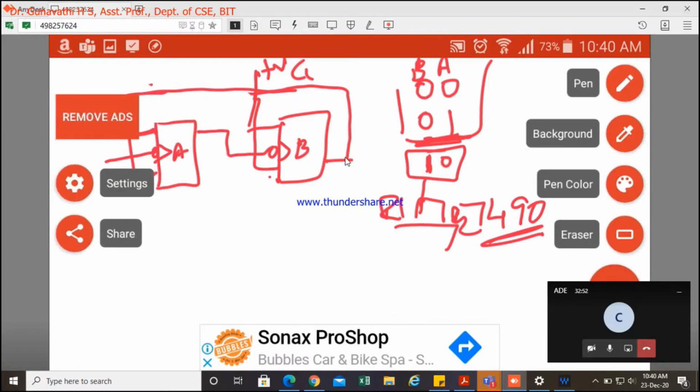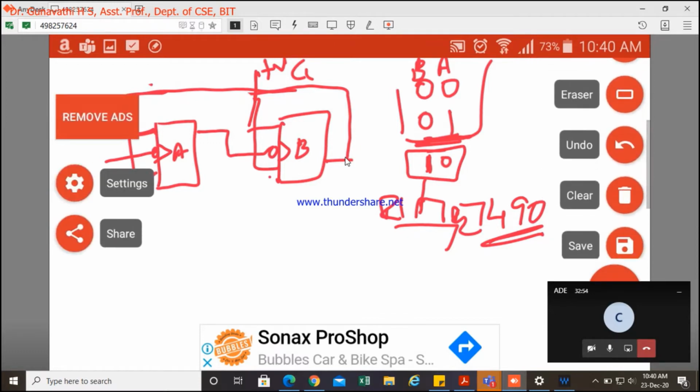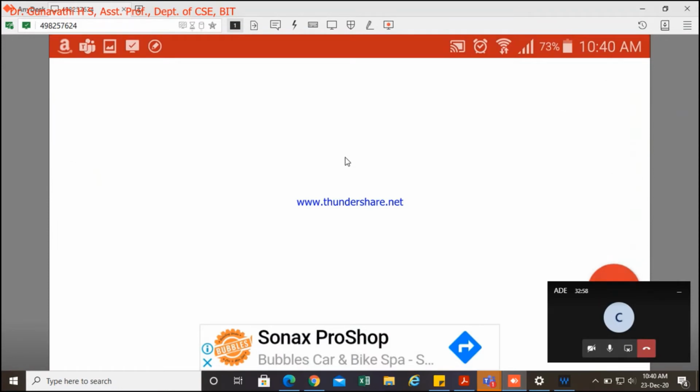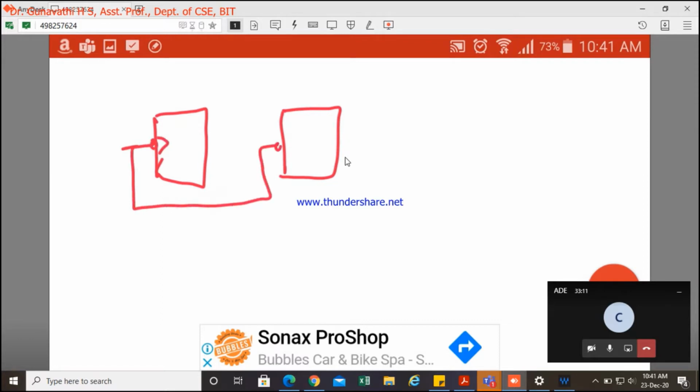So whatever I discussed so far is asynchronous. Then how can we design it for the synchronous counter? Already we know in a synchronous counter, all the clocks are given simultaneously. Suppose there are 2 flip-flops, meaning 2 bits, the clock is given simultaneously. Then how are we going to design it for any given mod? So you are going to restrict the inputs itself.